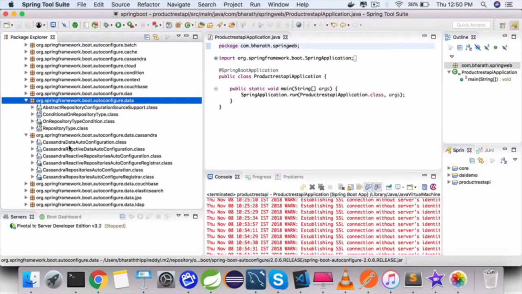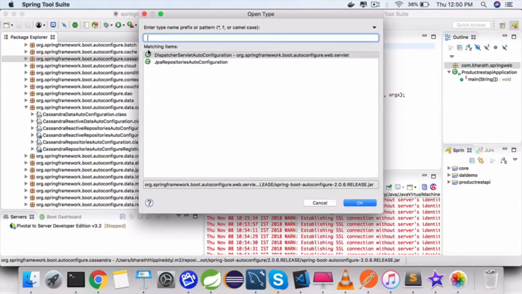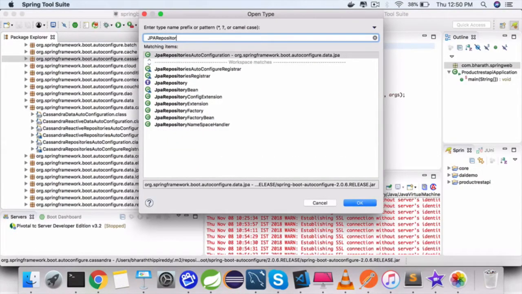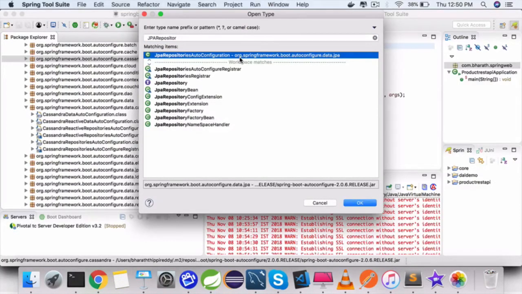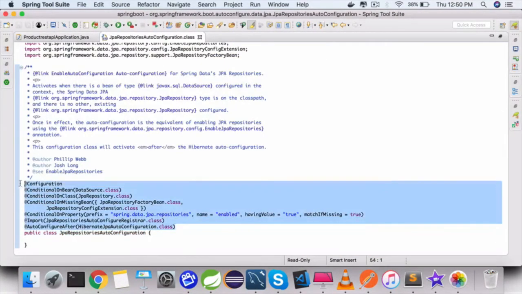You see here Cassandra data auto configuration. So if we are using JPA repositories or Spring Data, if you do a Control Shift T, or Command Shift T on a Mac, and search for JPA repositories auto configuration, you see that class right there. Open that up, and this class has several annotations on them.